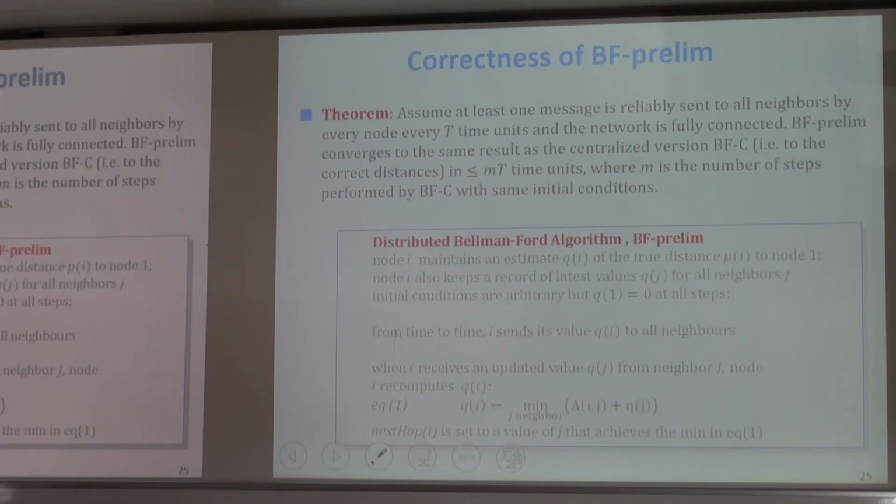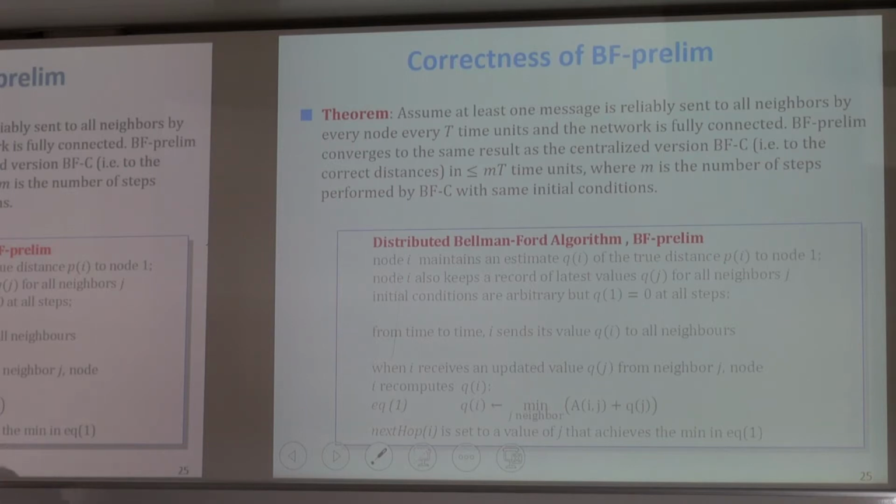If you're lucky, that gives a good distributed algorithm that will work. Are we lucky here? Yes, if we put enough safeguards. The safeguards are, well, when nodes send updates, first they should not wait forever for sending updates, and you should have a guarantee that you will receive the updates. So if messages are lost, then you repeat them, and in a finite number of repetitions, you're certain to receive the update. So if you assume those elements that I said, the algorithm will do exactly the same as Bellman-Ford